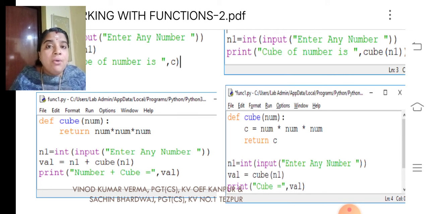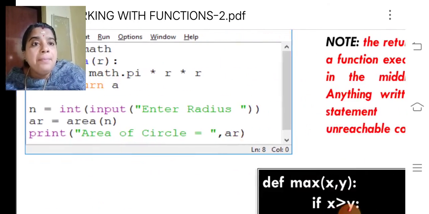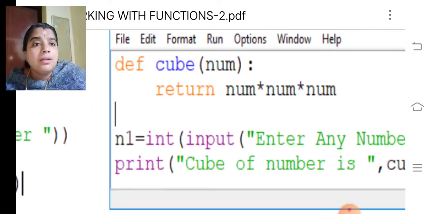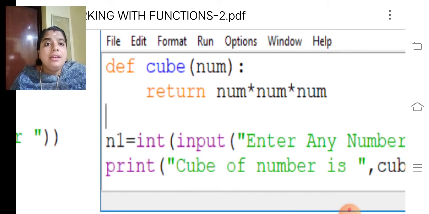As I said before, if you are having any return statement, look at the function definition. Cube of num, that is, it is the header of the function definition. Then the statement in that function is return num into num into num.